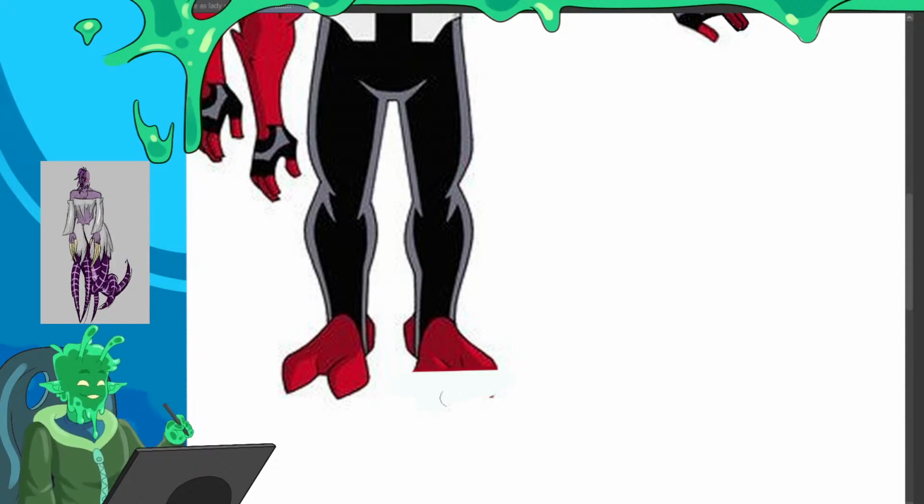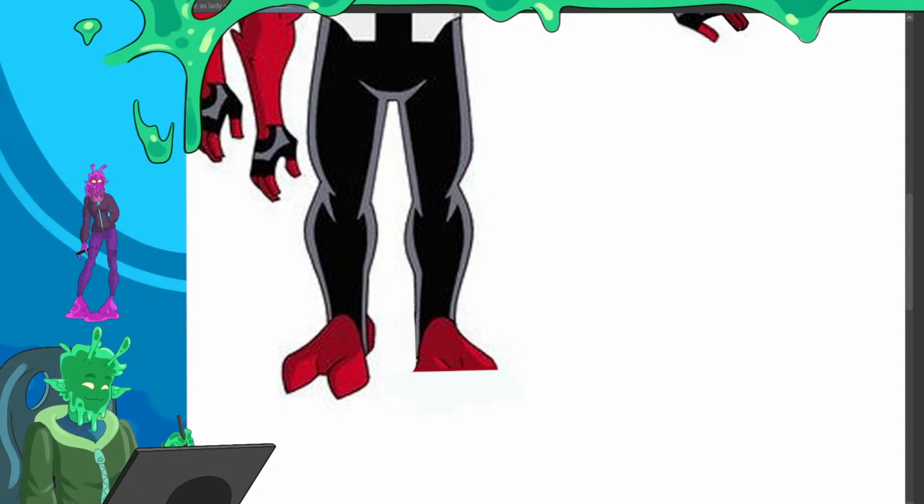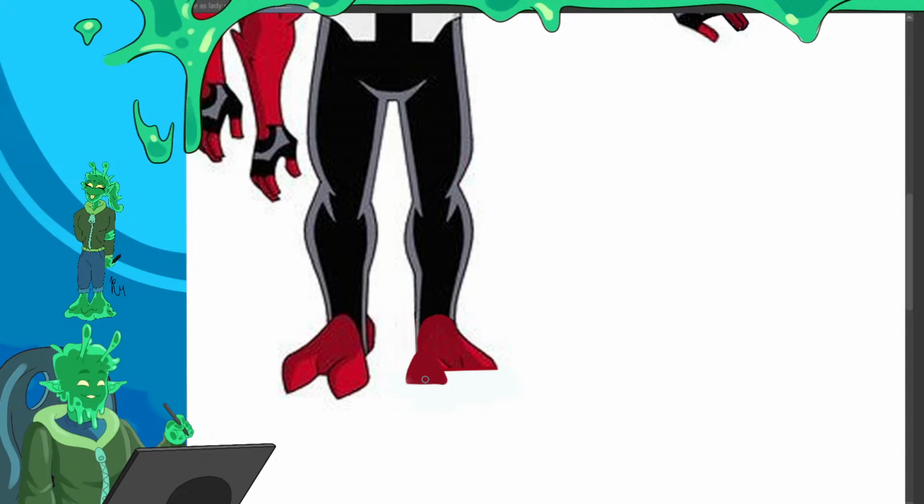So I basically have to redraw the whole foot, because most of the time their feet angle outward, but that's a posing thing, not a modeling thing. It's hard to explain.